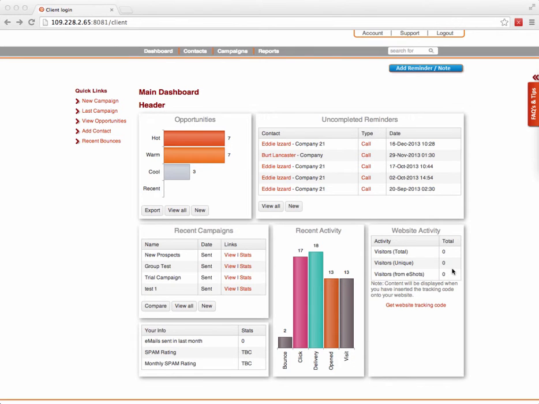This will give you an indication of the activity that's been going on your website over the past 7 days. So this row here will show the total number of visitors to your site. This will be the total number of unique, so that's people that are on return visiting. And then this line here is the amount that have come from your e-shots. So that's a really good way of being able to identify how successful your campaigns are at driving traffic through